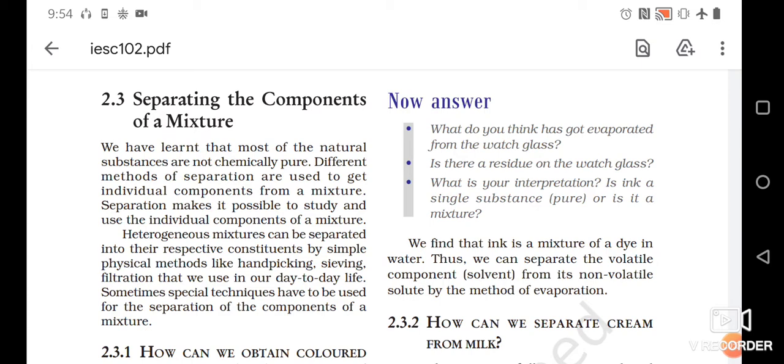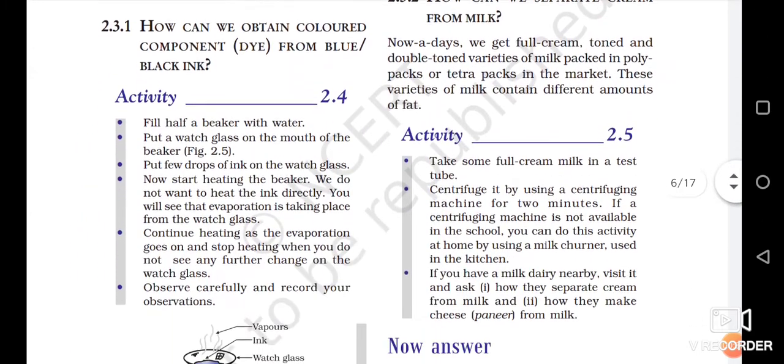So in this class today we will be seeing the separating techniques to separate the mixtures. I'm separating the heterogeneous mixtures here, the mixtures which cannot be separated by filtration method or hand picking method. Those heterogeneous mixtures have to be separated by some different, special techniques, to separate the components of that particular mixture. So my first technique is evaporation.